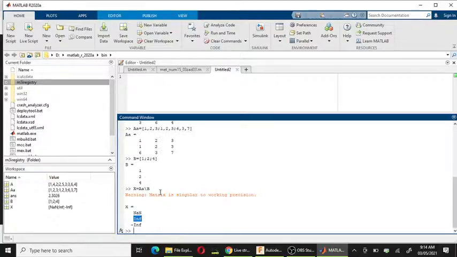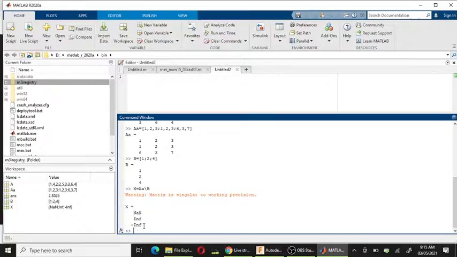You can solve by hand and you can check. The matrix is singular. This matrix is singular, so we have to prove it. How is it singular?